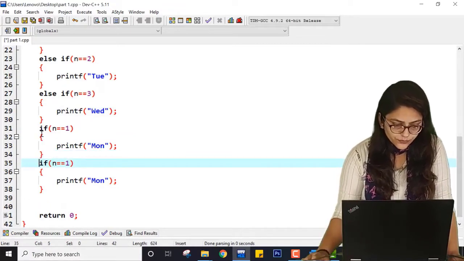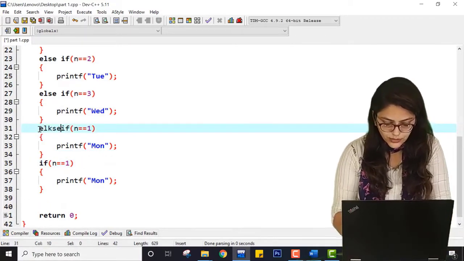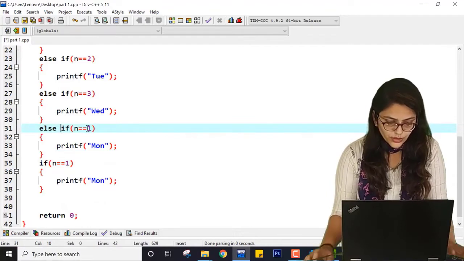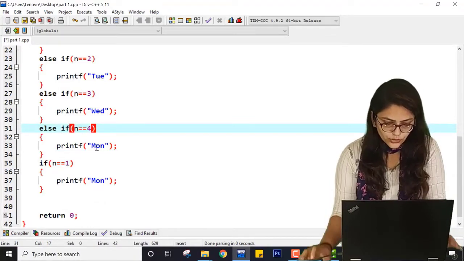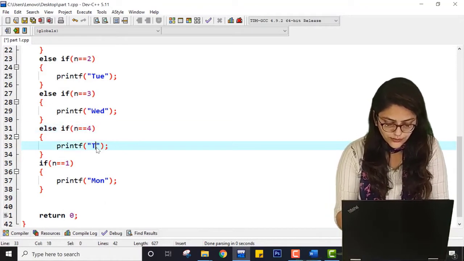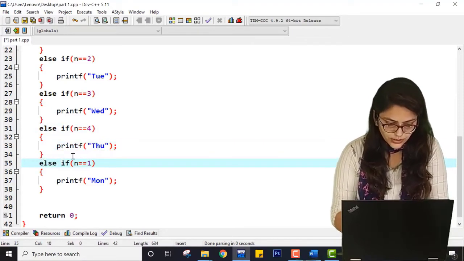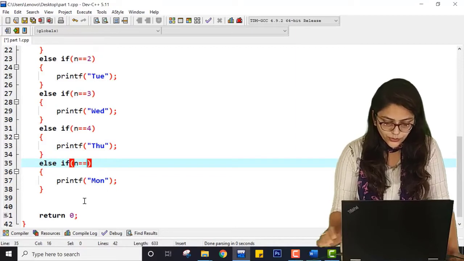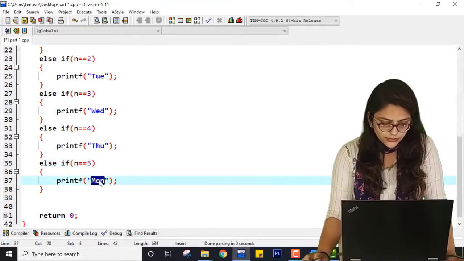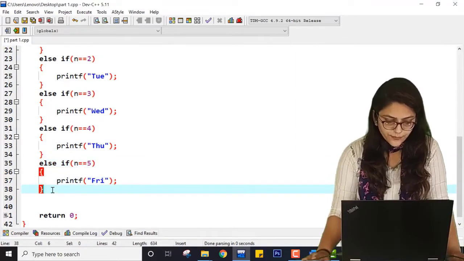Here it will be else if it is 4, then it is Thursday. If it is n equal to 5, then it is Friday.